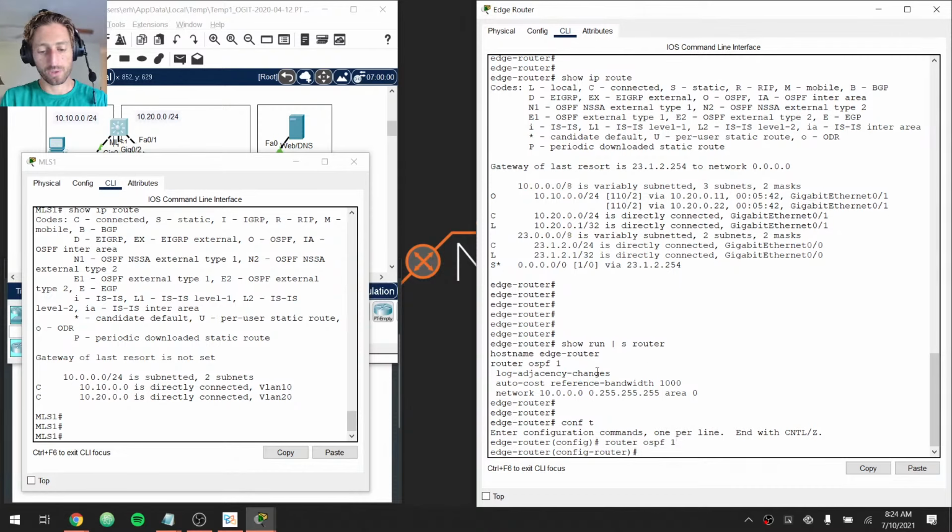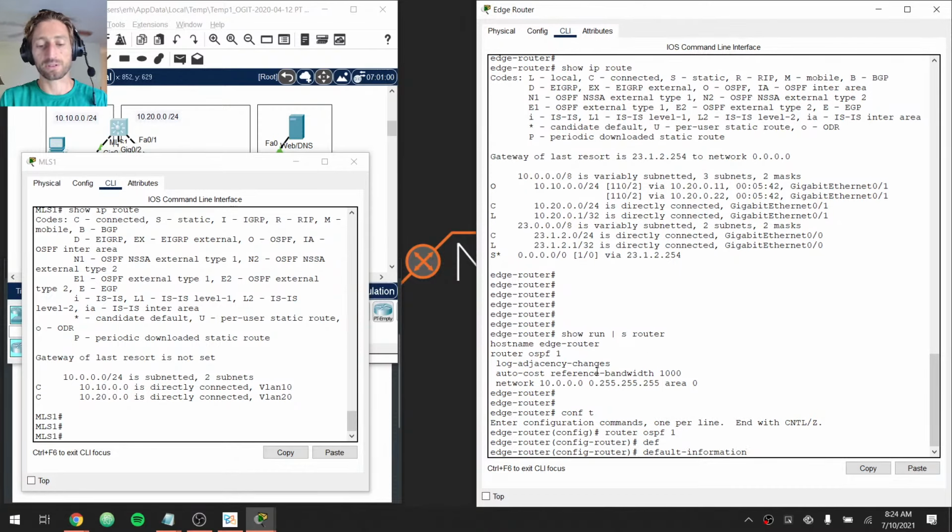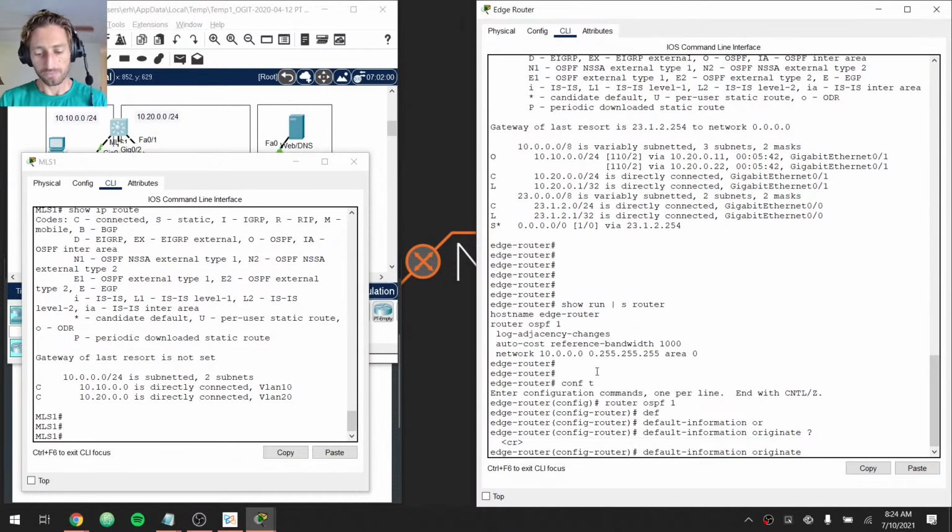So router OSPF 1, and the command for that is default-information originate. Now, if I hit question mark here, you'll notice that that's the only option I have. So from here, I would just hit enter. On a real Cisco device, there's two options here. If I just do default-information originate, that's only going to advertise a default route if this router has a default route,